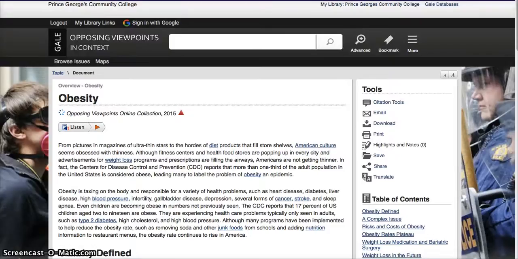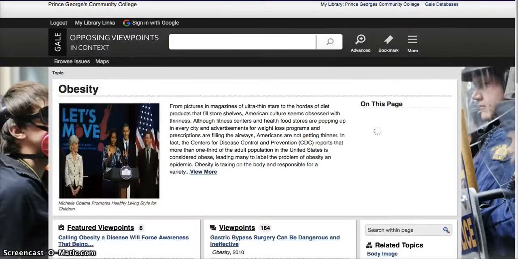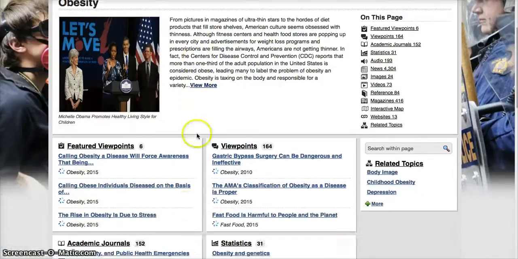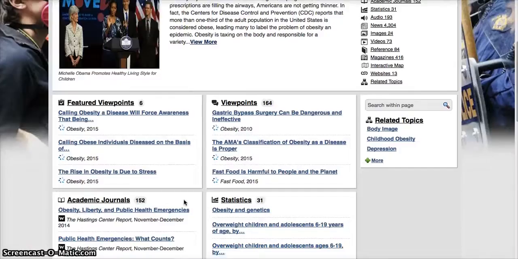Now, I would really suggest that before you write your rebuttal, you actually take a minute to read that overview, because that's going to give you the kind of so what and that larger conversation that you need to write into, like our textbook tells us about. Once you've done that, what you're going to need to do is find 2 to 3 viewpoints that you can use for your paper. Before you look for your viewpoints, you're going to need to know what you want your